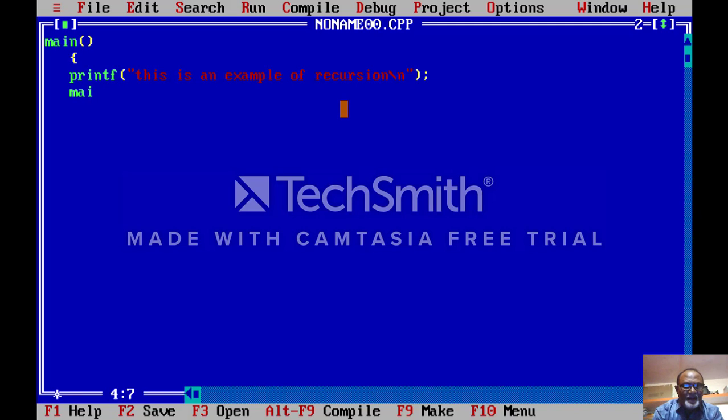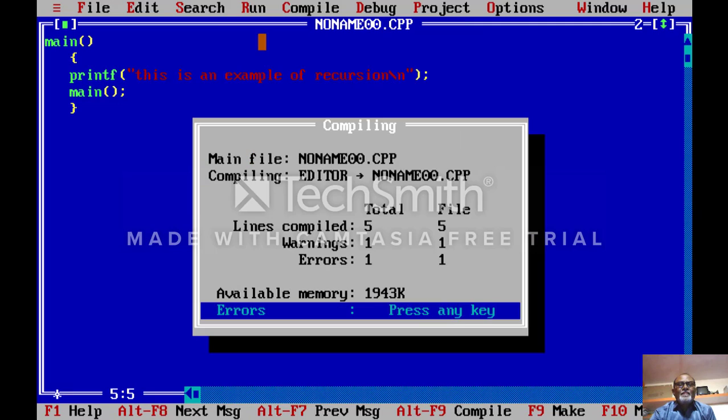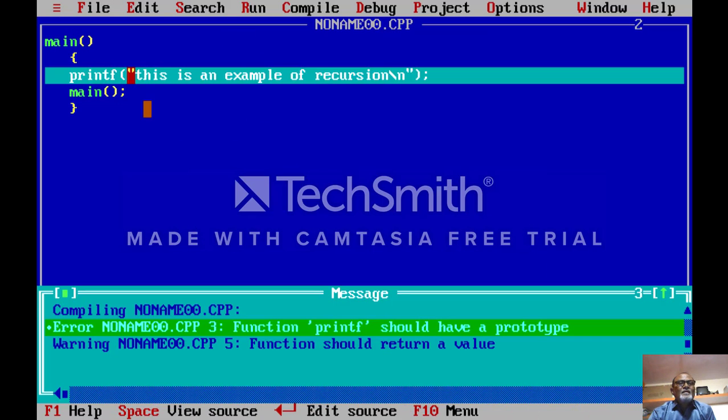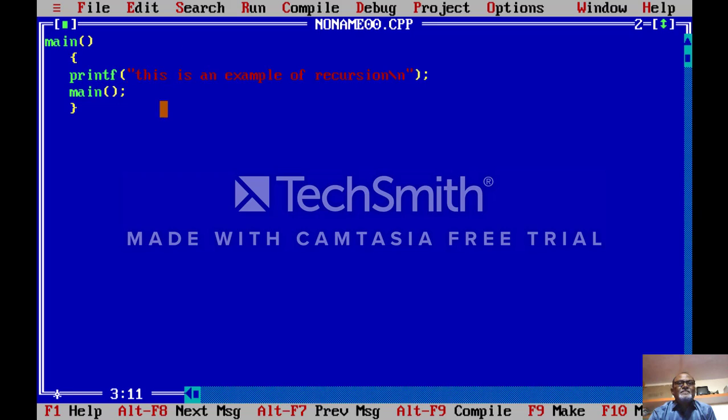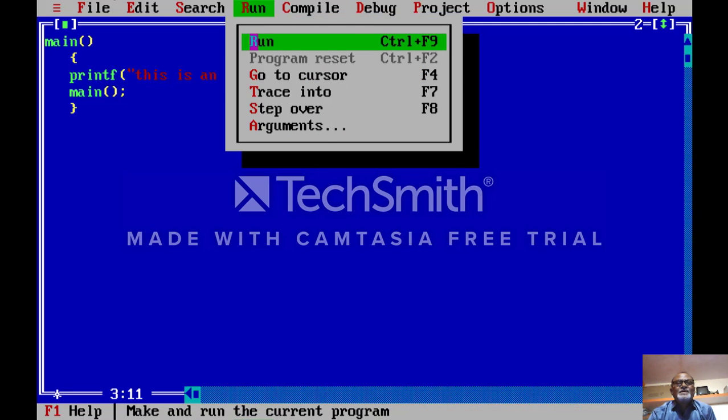Again, I have written a main function here and completed the program. Now this program, when executed, will produce an output something like this. We will run this program.